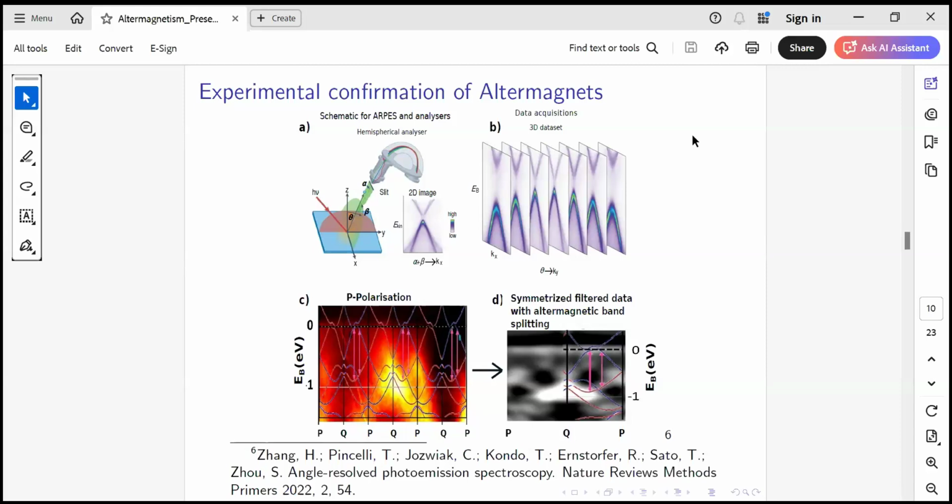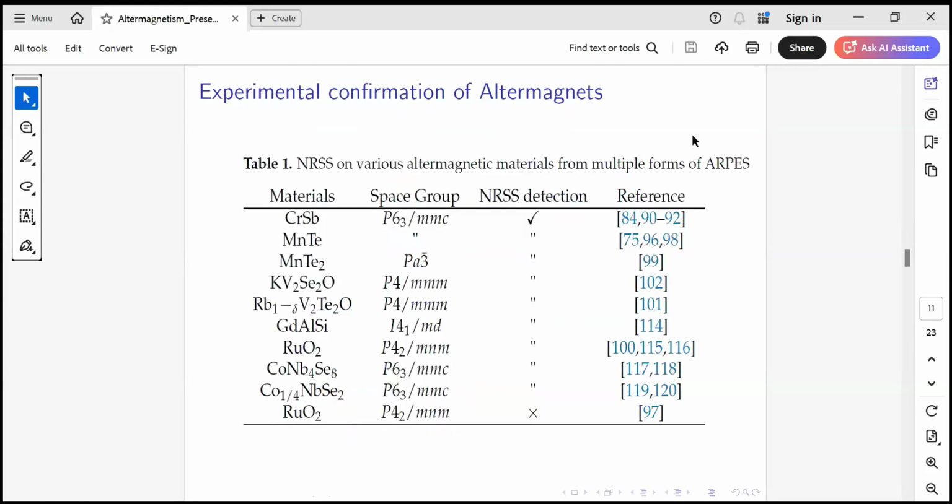They performed ARPES probes and found the spin splitting, and they proved these are altermagnet type materials. I have taken this from a review paper. For example, CrSb2 is antiferromagnetically coupled. Its net magnetic moment is zero, but at the same time, the splitting has been observed from the ARPES probe.